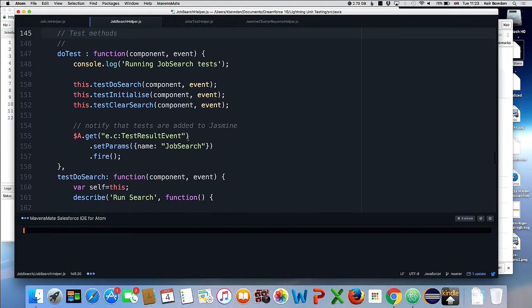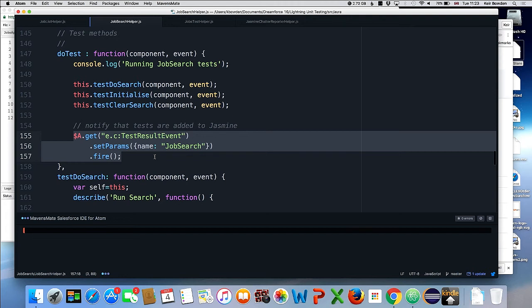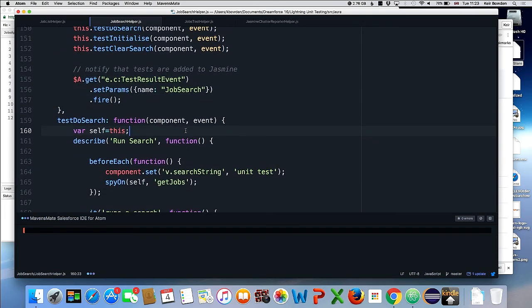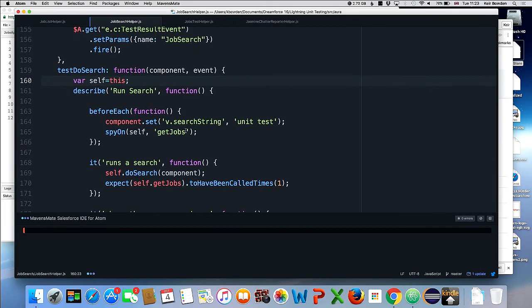So here's an example of me notifying that the tests have been added to Jasmine. I just build a test result event, and I send that back to the test application to say that I've successfully added my tests. You can execute them whenever you've heard from everybody else. So again, in the test do search functionality here,